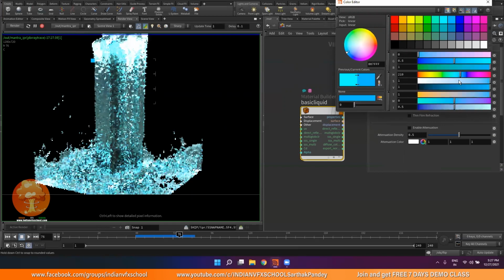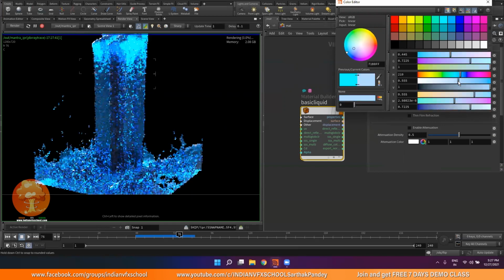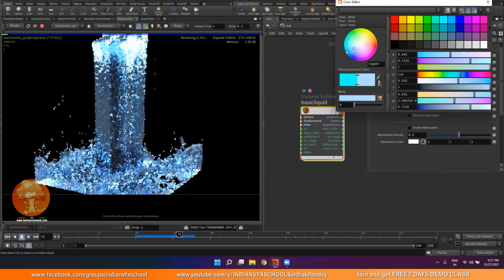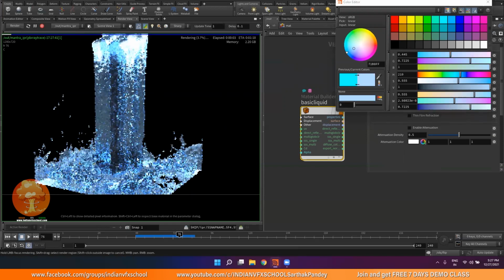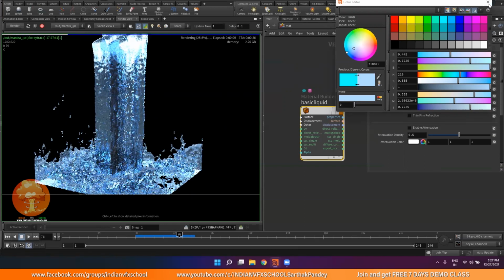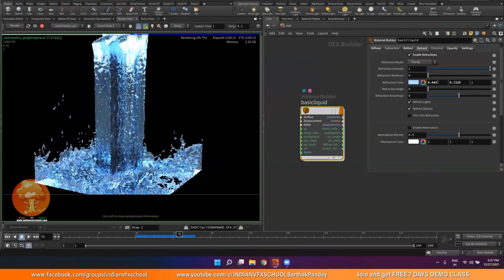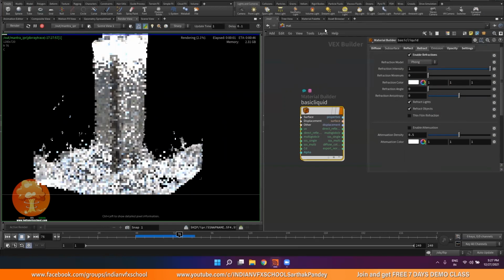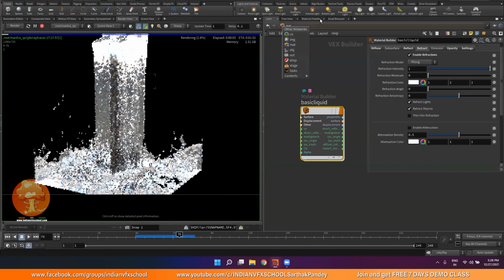But in order to make it look more natural, we can use something like fog color, which we see in V-Ray and others. We can use that, which will simulate a kind of fog inside of water, and it will just make everything look a lot better. Okay, so if I just cancel this, I can put the refraction to 1.1. And I'll go back into my material palette.